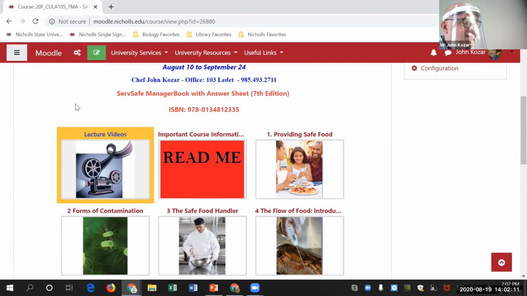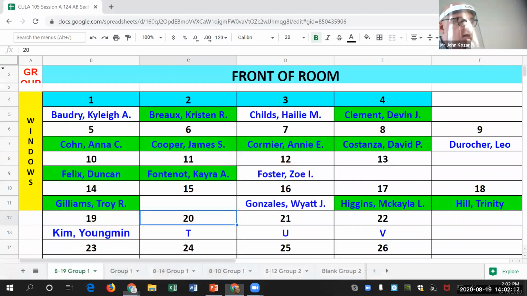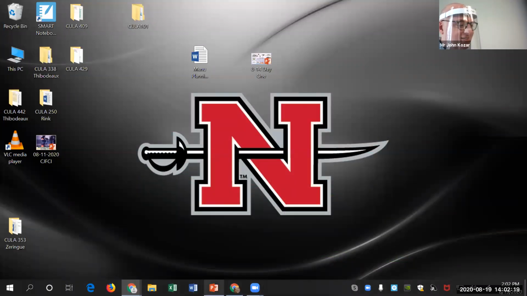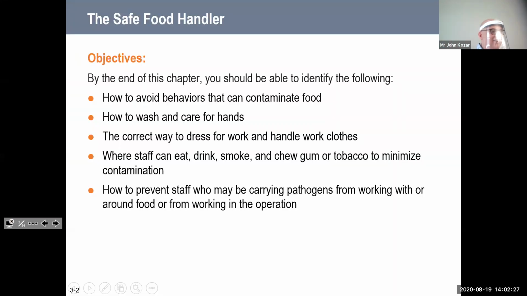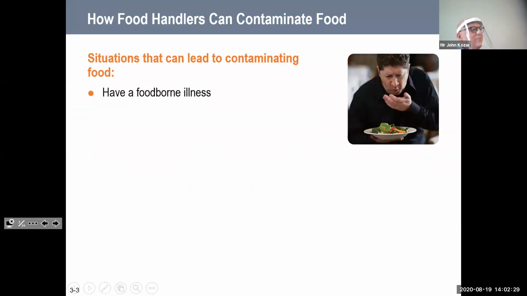All righty. So today is chapter 3. We're going to be talking about the safe food handler. We're going to talk about all the different ways that people that handle food can contaminate the food and make people sick.